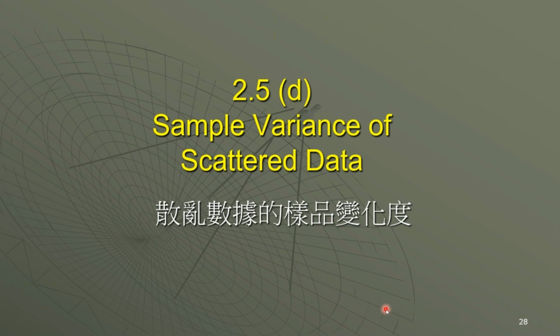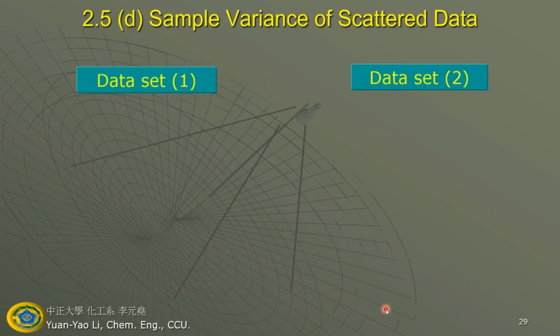So apart from the average or arithmetic mean, do we have any other way to express the data? Yes, we do. This is the sample variance, the scatter of the data. How do the data differ? Is this good data or bad data? Let me make an example for you. If I ask 10 students to do data set 1 and another 10 students to do data set 2,